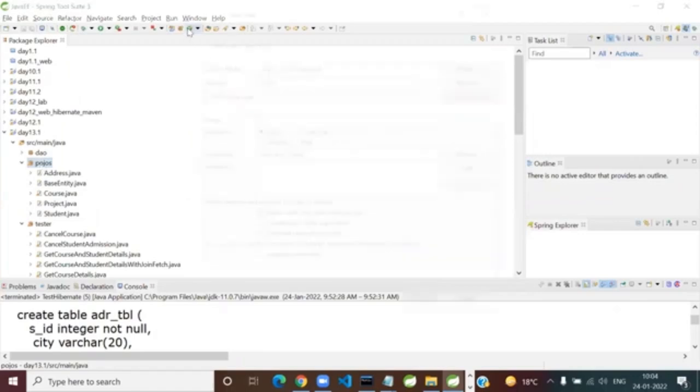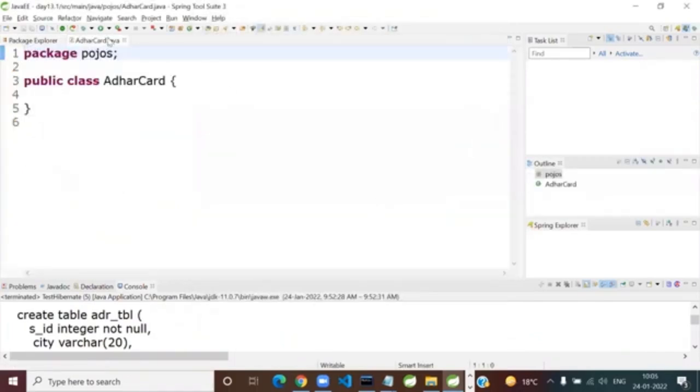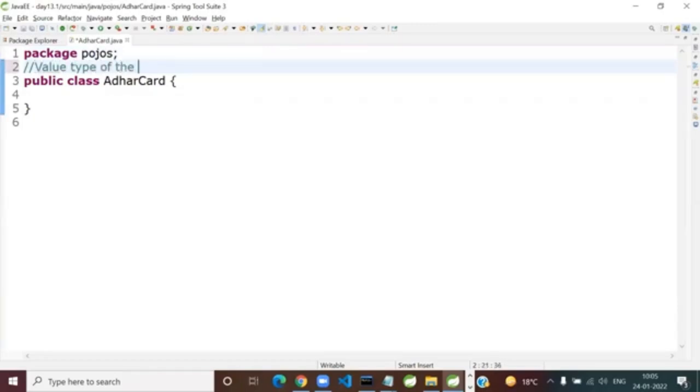So in the pojos package, create a class called AadhaarCard. There's zero need, nobody creates it in Hibernate as an inner class, it is too complex. This is much easier. Will you make it extend from base entity? Not a base entity, not an entity at all. It is a value type Pojo. It is also called a component in Hibernate terms, Hibernate jargon.